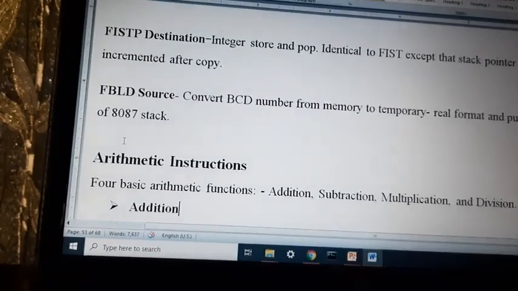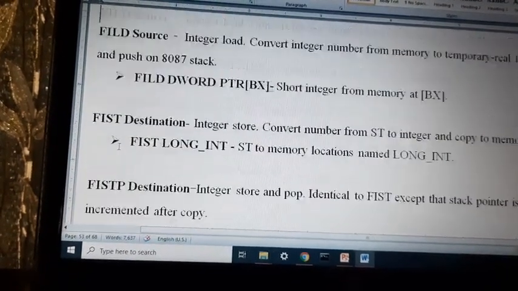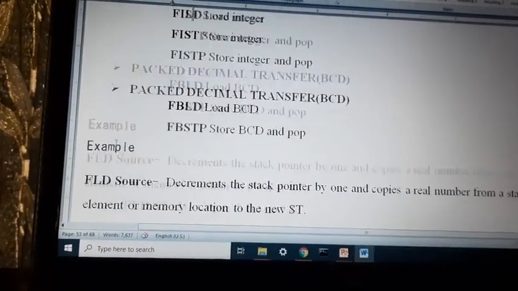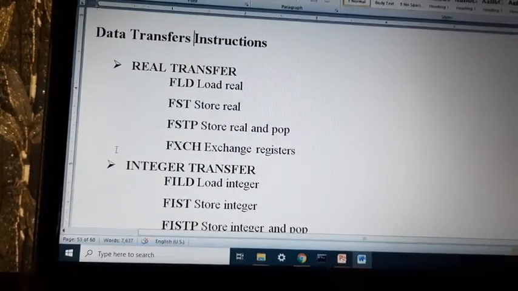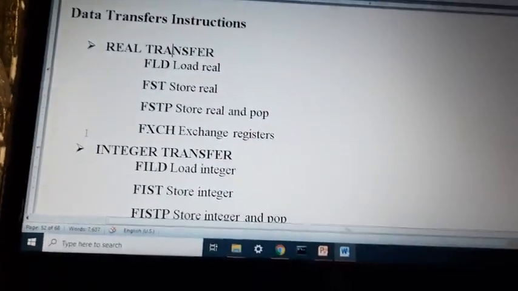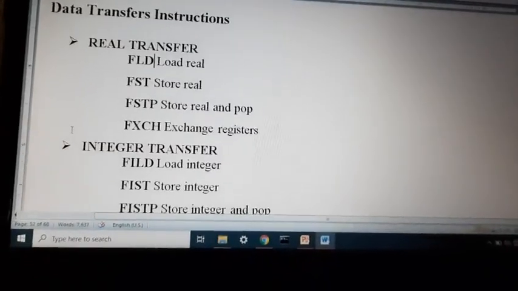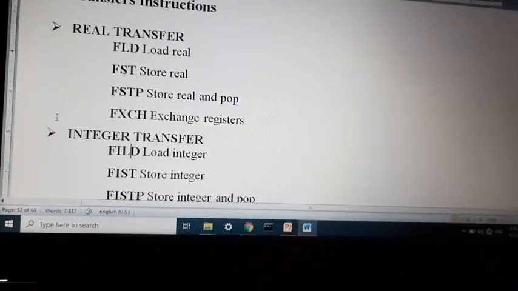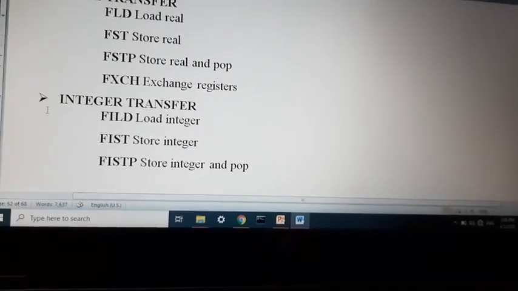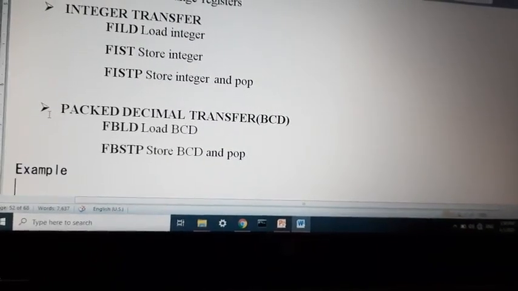Now this is what the first group, that will be your data transfer instruction. So here in data transfer instruction, we can have a real transfer in which 4 instructions are there, integer transfer in which 3 instructions are there, and packed decimal transfer in which